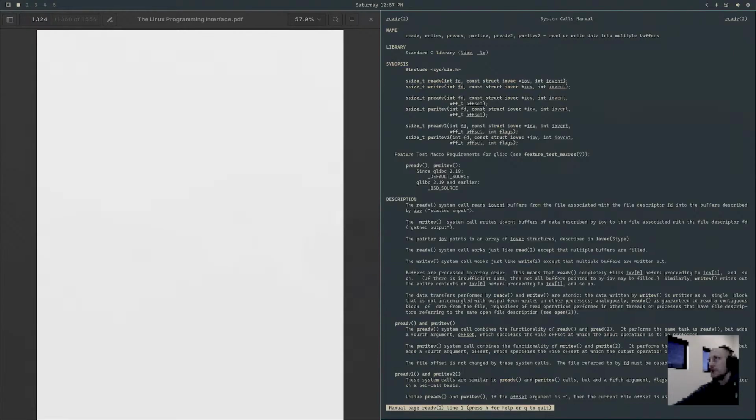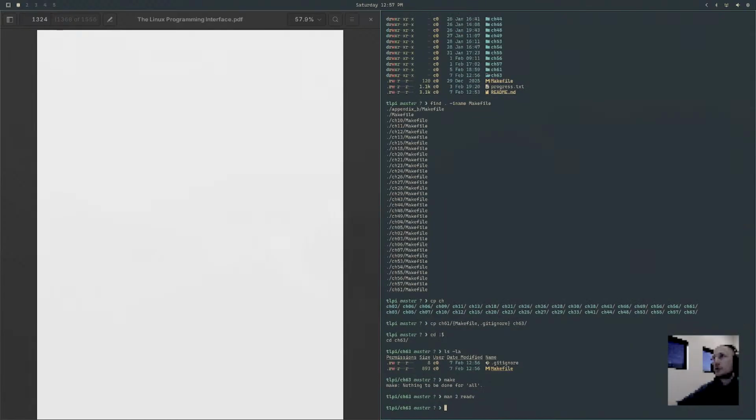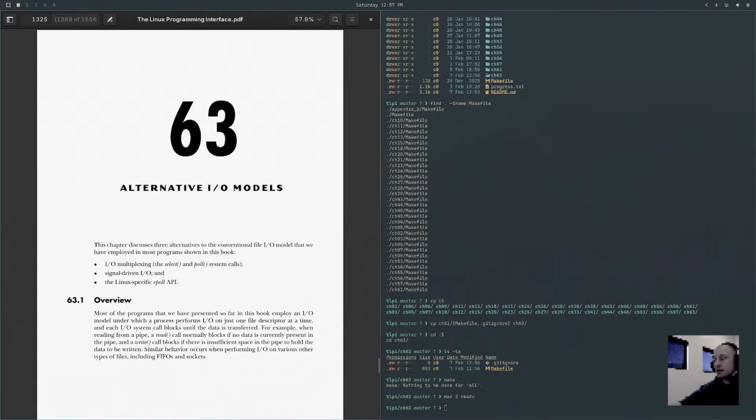So that would be the conventional IO model. You have some mechanism for acquiring a file descriptor, and then you perform operations like